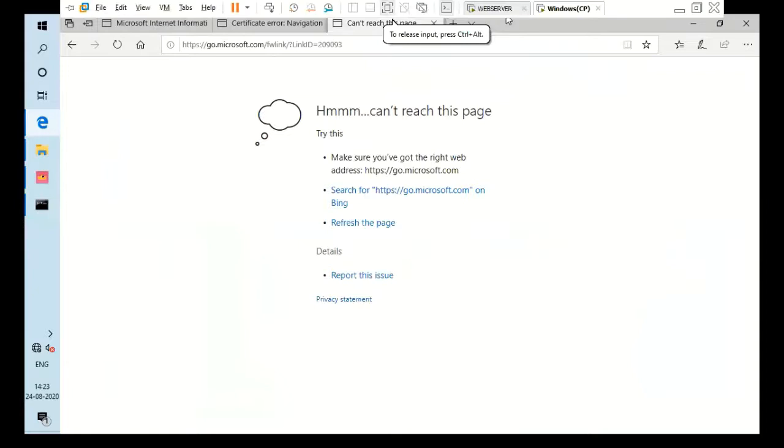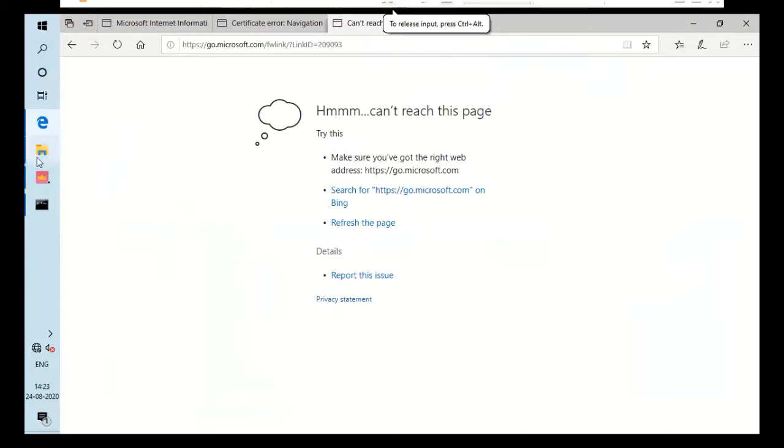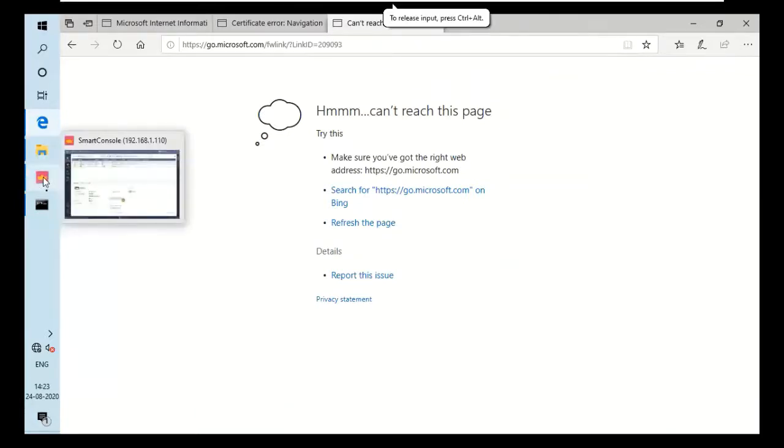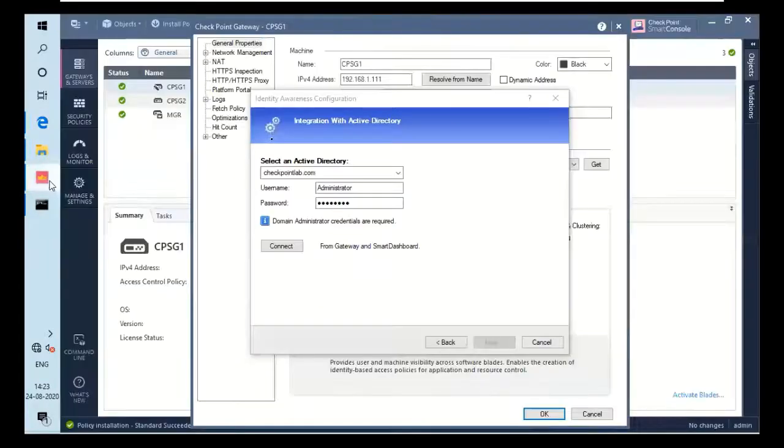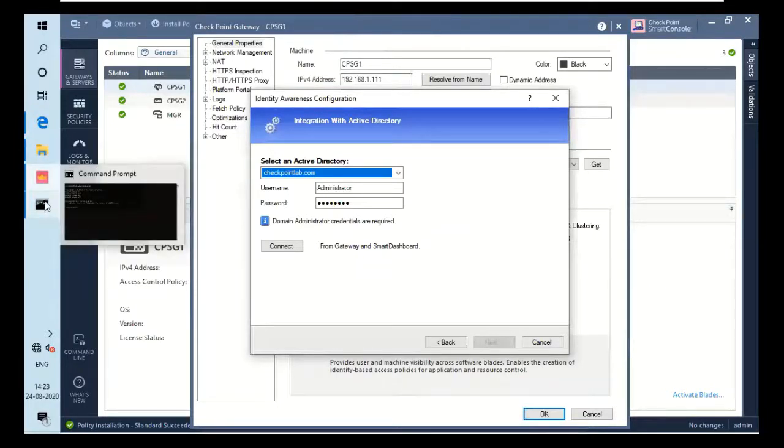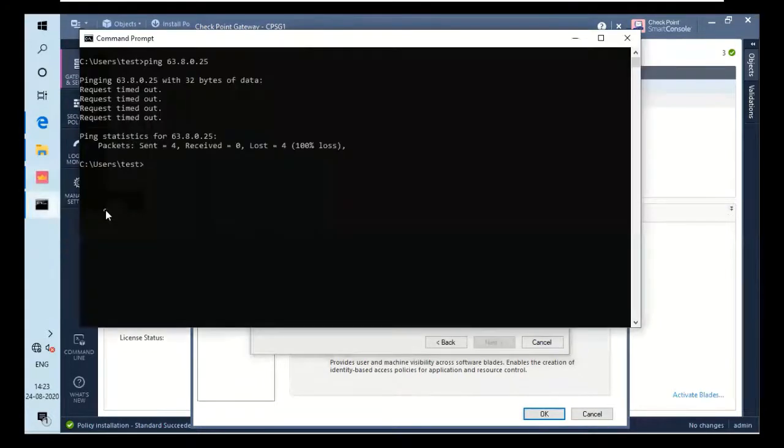But what I will do is jump into the SmartConsole again. And let me switch to my mouse. Yeah. So in that, you have to basically connect it. To check the connection, let's ping it first. So we have connected. We got this checkpoint.lab. So we will check the connectivity by pinging it first, whether it is available or not. So I have clicked it right now. Yeah. So what I will do next is ping.